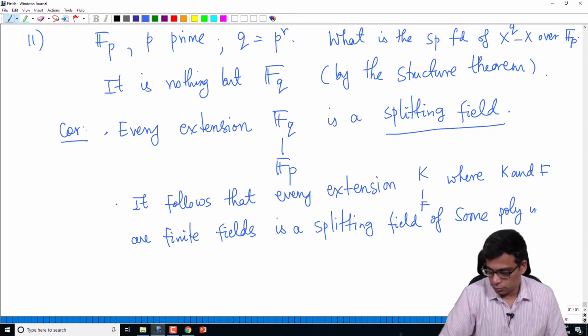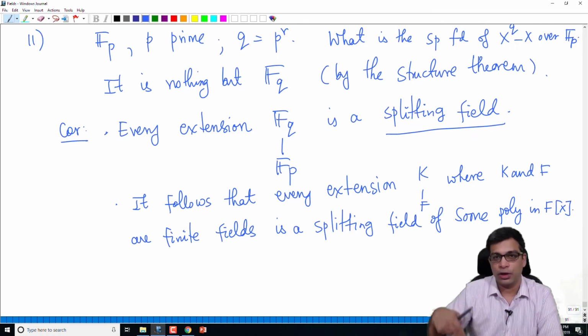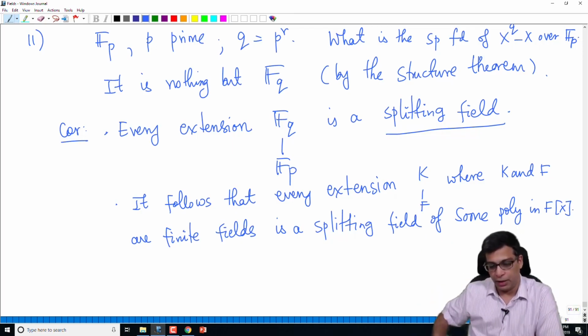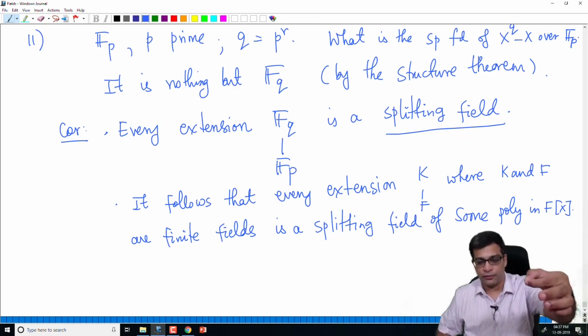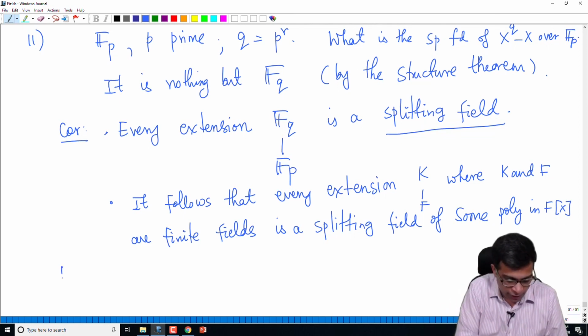This requires a little bit of thinking, but the point is every arbitrary field extension where both are finite is really of the form Fq contained in Fq', and both of those contain Fp, and Fq' is a splitting field of some polynomial over Fp by this argument. So for the same polynomial you can take Fq' as a splitting field over Fq. This is very fast, but that is the argument, and such extensions are called Galois extensions and they are very important. And a final remark I will make is,